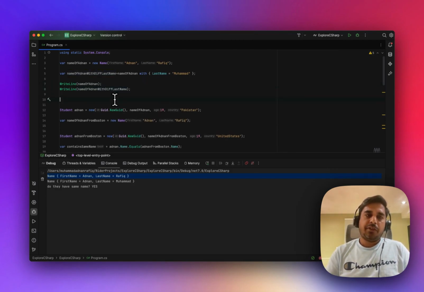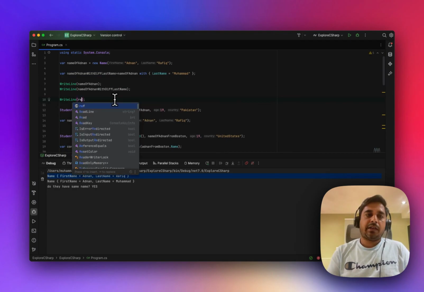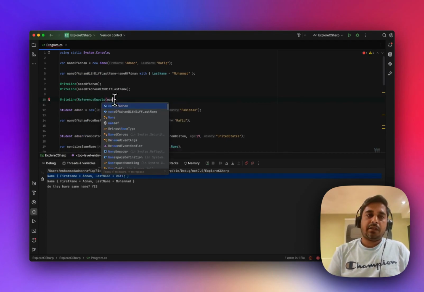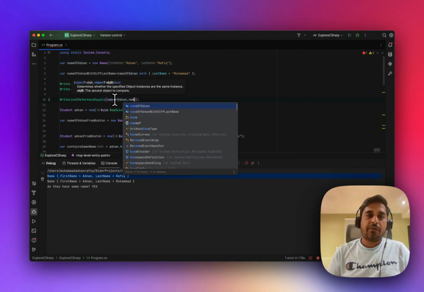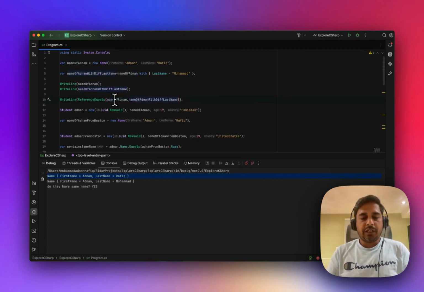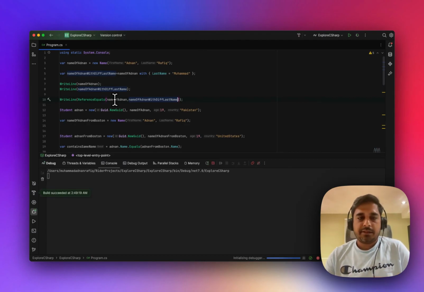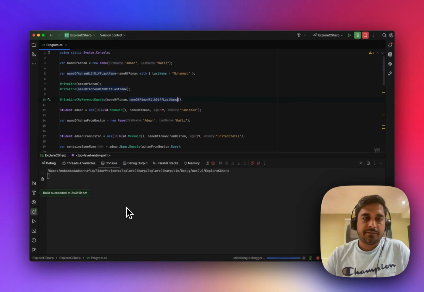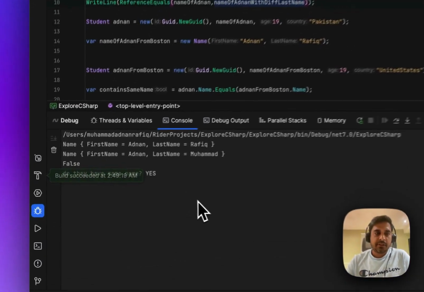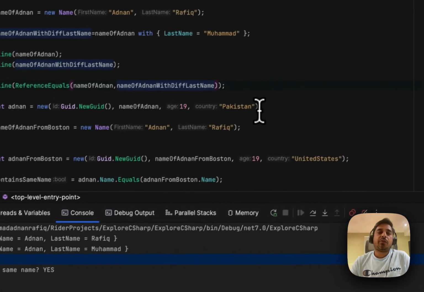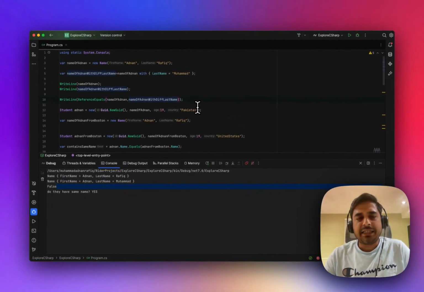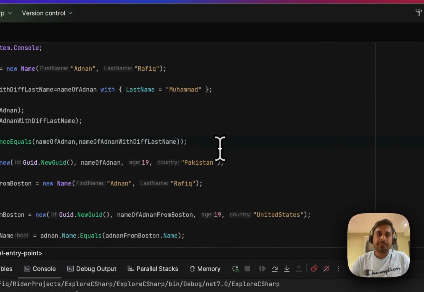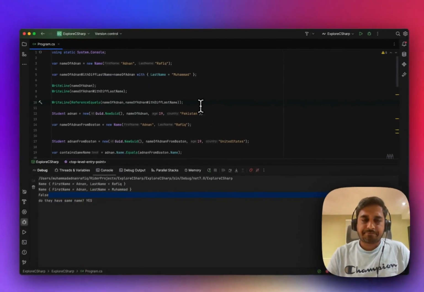unchanged. And we can even say, okay, let's find out, are they reference equal? Object 2, name of Adnan from Boston. So what do you think it's going to print? Let me tell you, false. Because they are two different objects pointing to different places in the memory. So it's a reference type,